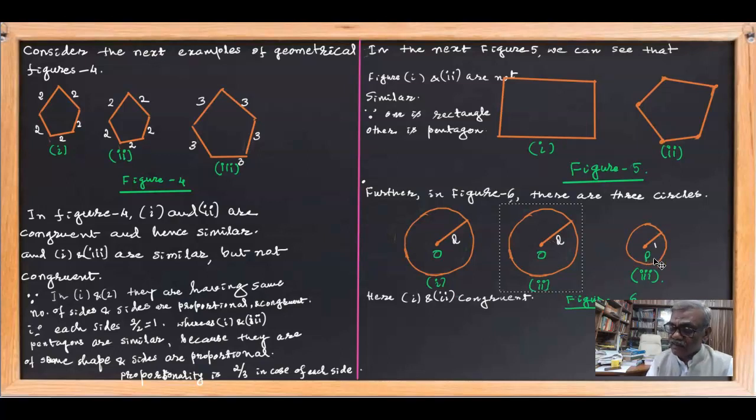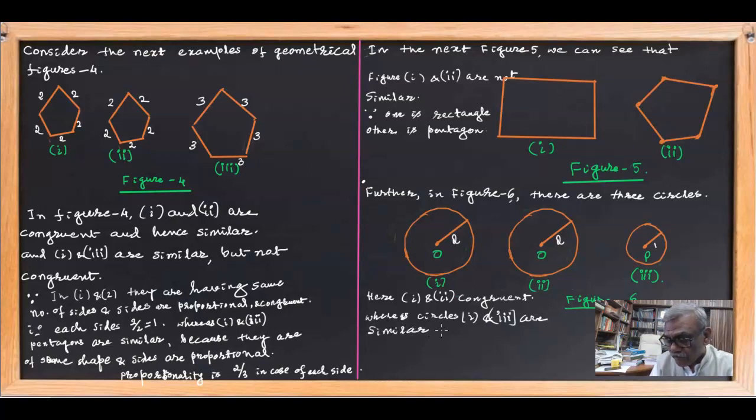Whereas this figure 3 is not coinciding with any one of that, because its radius is different, whereas circles 1 and 3 are similar